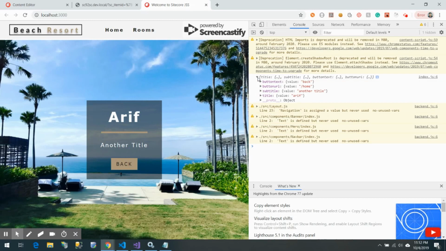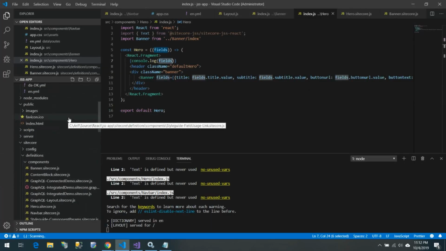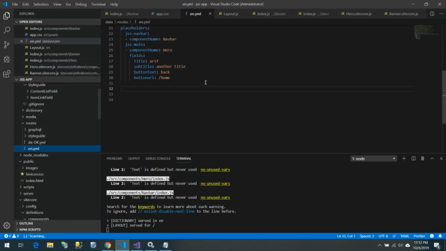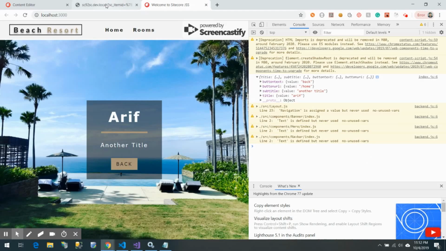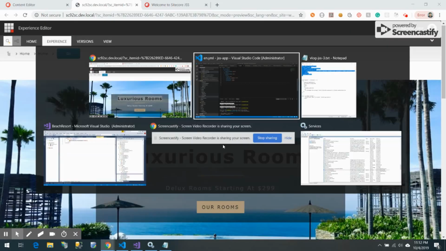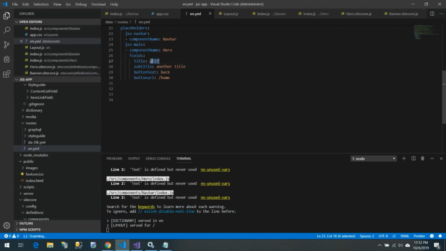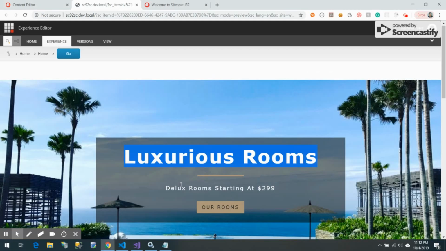What happened is, it was not saved for all the files, so it's saved partially, so that's why we are getting the problem. So now we can see this value is coming from our route. Sorry about the value. So let me use the value like luxurious rooms here. So title should be luxurious room, subtitle should be, for example, deluxe room is starting at 299,